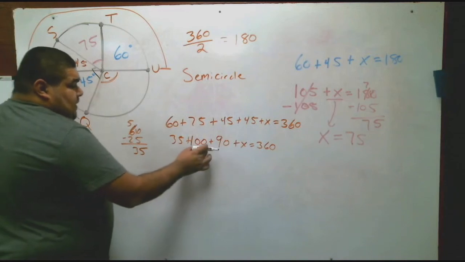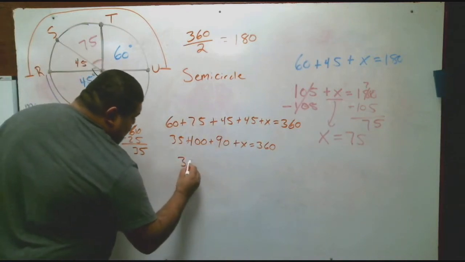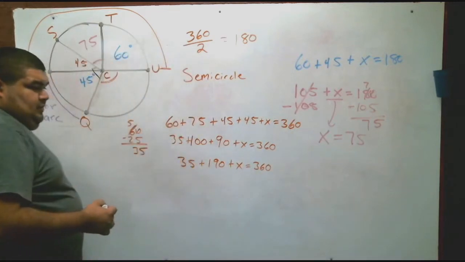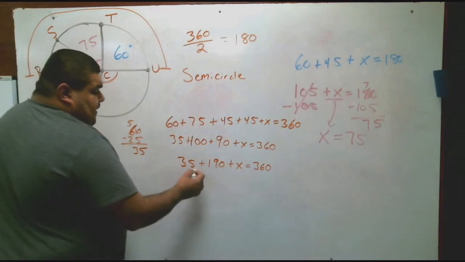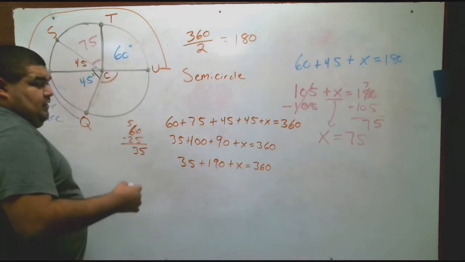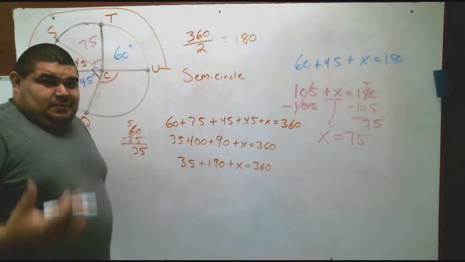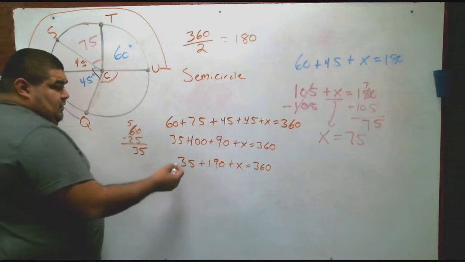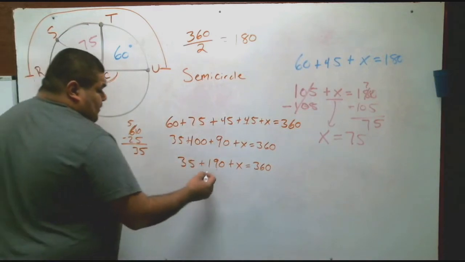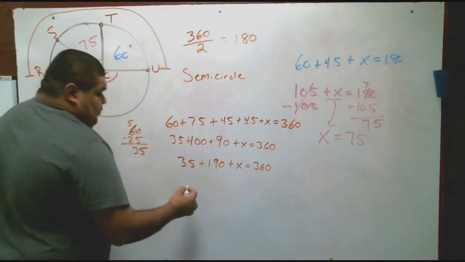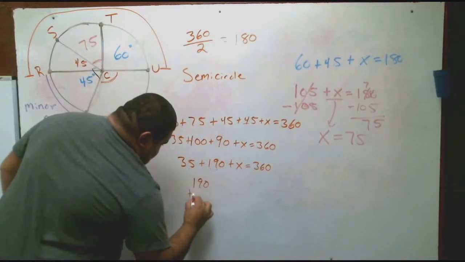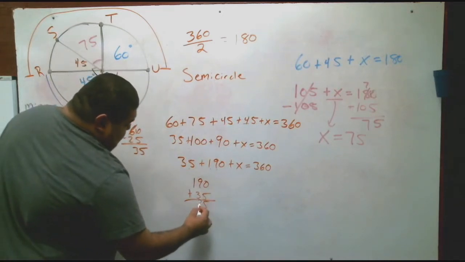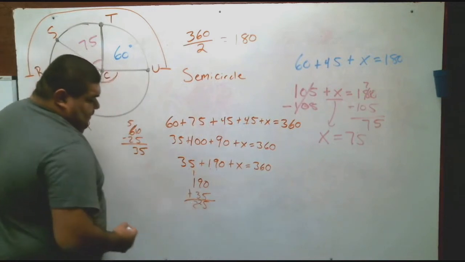Makes it a lot easier now because you can actually combine 90 and 100. So we have 35 plus 190 plus x equals 360. In order to not deal with that 35, we can add it to the 190, okay? If you're more comfortable just adding all these numbers from the beginning, go ahead and do it. If you're not familiar with numbers that have 5s in there that are not whole numbers, you can always make them full numbers. So we have 190 plus 35, the old-fashioned way. 0 plus 5 is 5, 9 plus 3 is 12, so we have 2 and then 1 over, which is 225. So we have 225